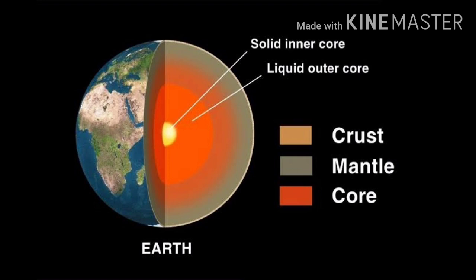Now let us discuss the layers of the Earth. The Earth can be divided in one of two ways, mechanically or chemically. Chemically, which is the more popular of the two, it can be divided into the crust, the mantle, which can be subdivided into the upper and the lower mantle, and the core, which can also be subdivided into the outer core and inner core. The inner core is solid, the outer core is liquid, and the mantle is solid, kind